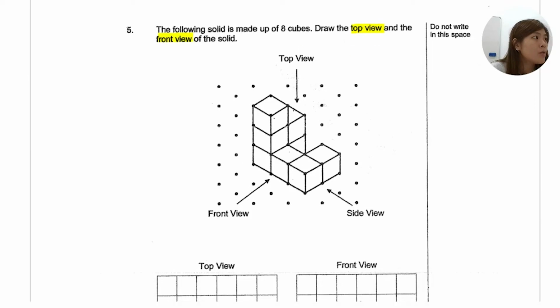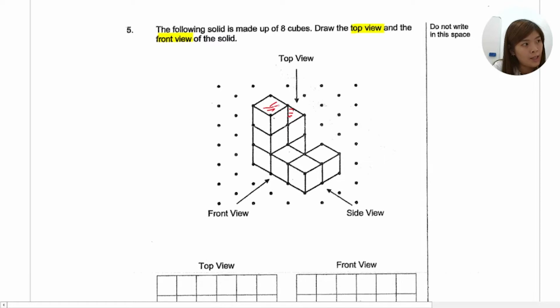We first look at the top view. The top view is from here down, which means you are looking down from the top. If you are looking down from the top, what you will see is really just this part. You will see it like that, you will see here, and you will see here. So to translate this, to draw this,